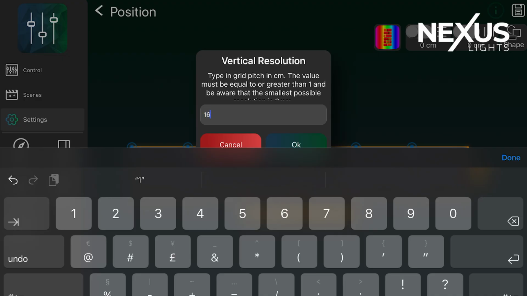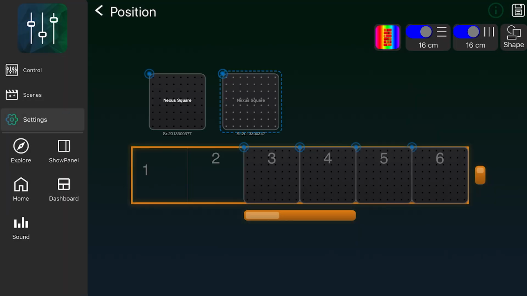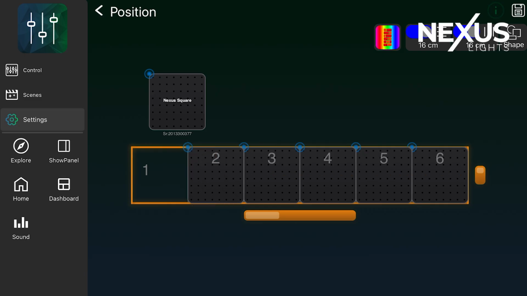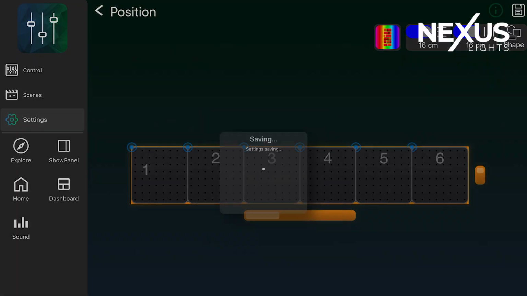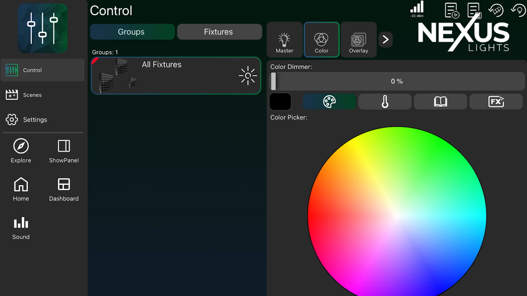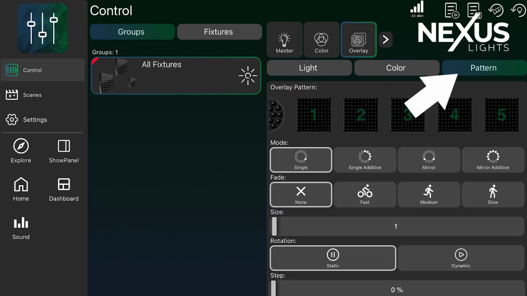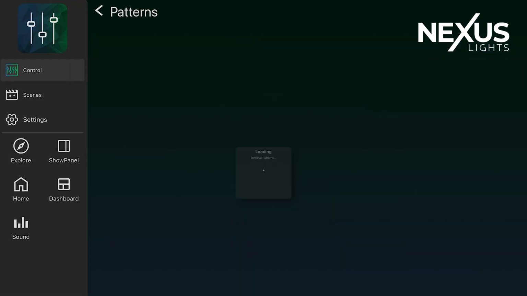Important, set your grid layout to 16 centimeters on the top, and by doing that, I can now guarantee that my fixtures will have perfect pixel pitch between each other, which is very important when running text over it. Save and exit. When you're under Control, go under Overlay, Pattern, and now click Edit Pattern on the bottom right